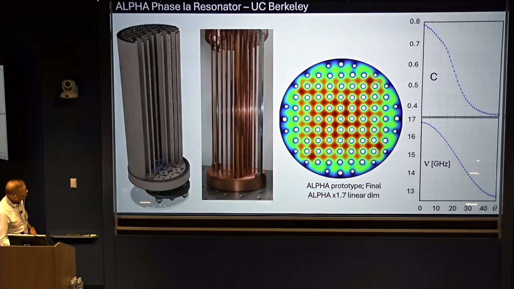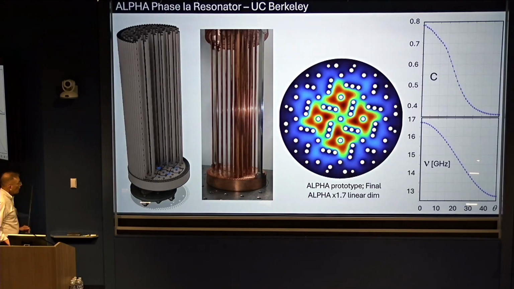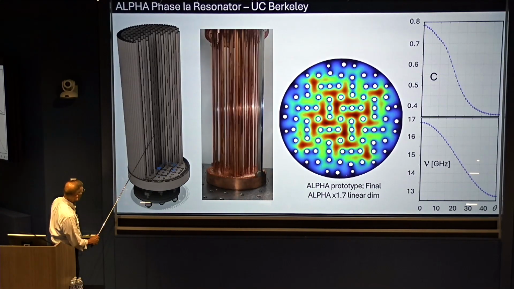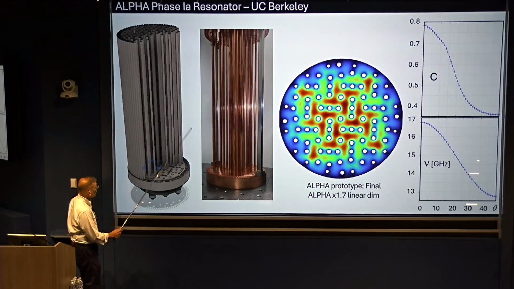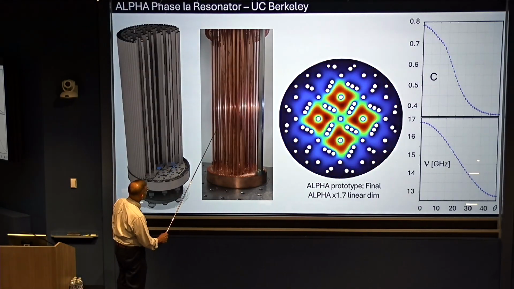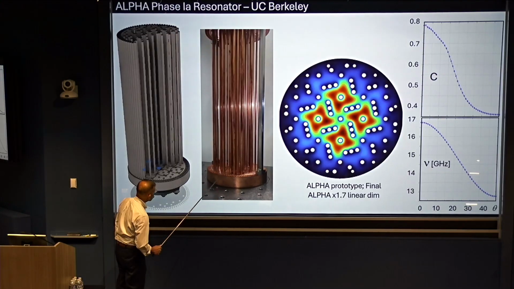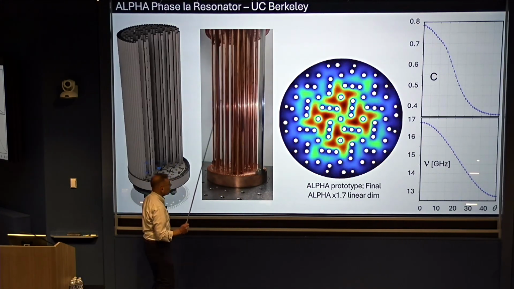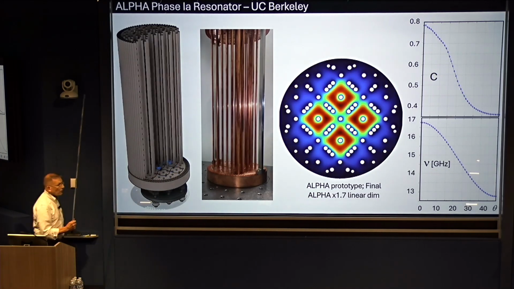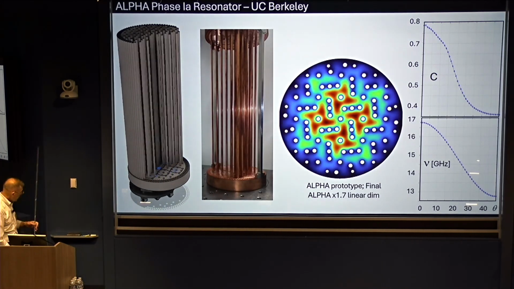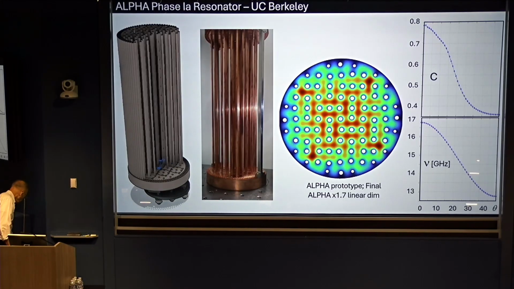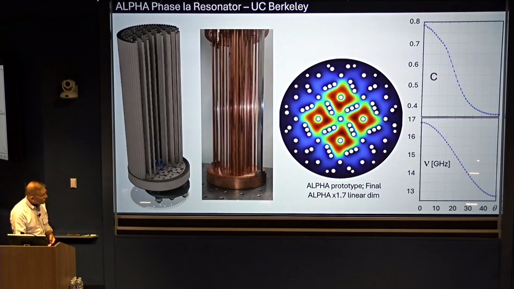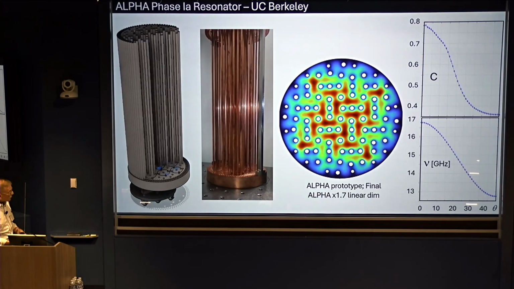Here's some of our work at Berkeley. This is a similar type design based on very thin, 1.5 millimeter radius copper tubes. There's a little movie of it. It's a bit of a sluggish movie. There's the mode map and the frequency range and form factor. So these look like very promising designs, and we're here at the collaboration meeting right after this meeting to look at a protocol for how we will make a decision on the design to move ahead for the actual